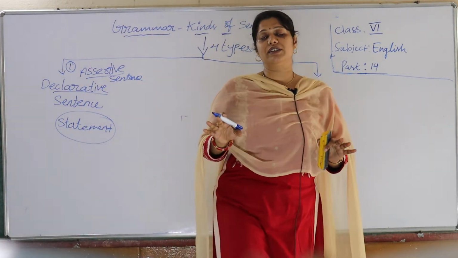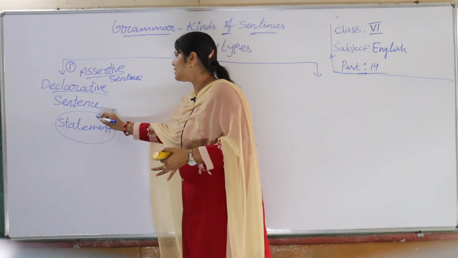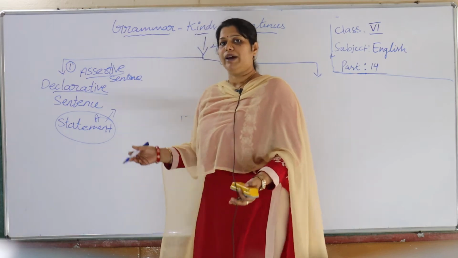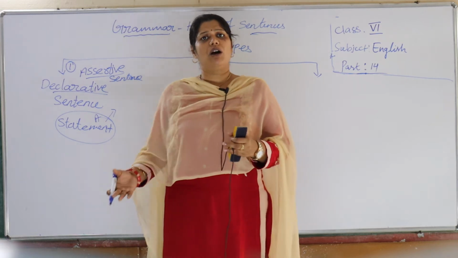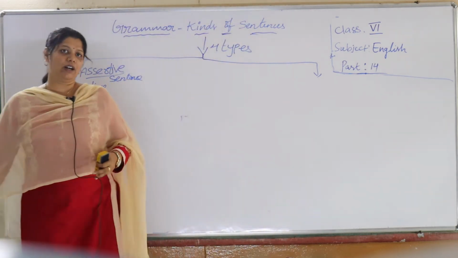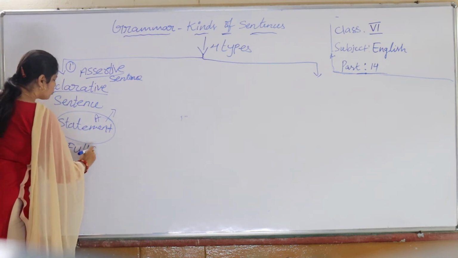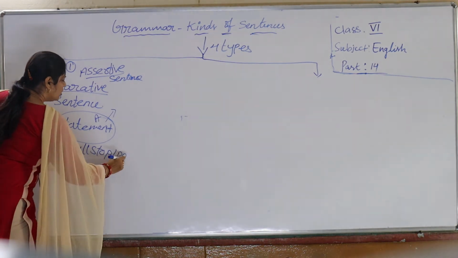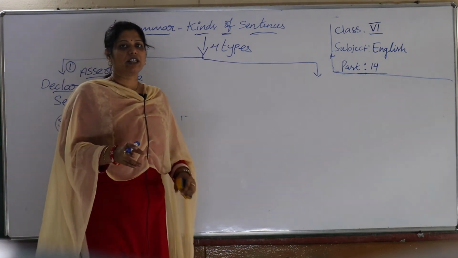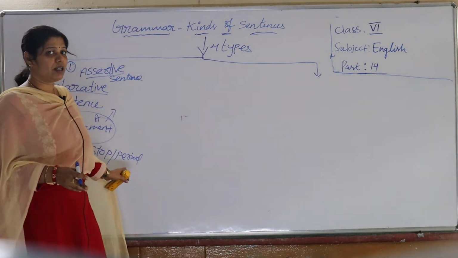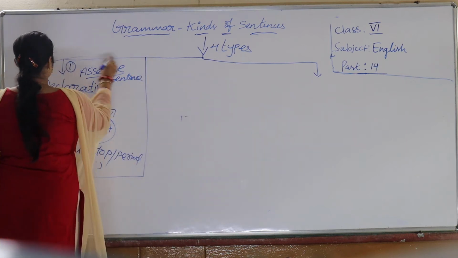The sentences which state something, a statement. It is also called a statement. Okay, so basically habitual actions, universal truths all come under these statement kinds of sentences, where statement sentences always end with the full stop or period, what you call. Okay, so this is the mark. Declarative sentences or assertive sentences always end with the full stop, this is the punctuation mark we use. Understand children, this is about declarative sentence.